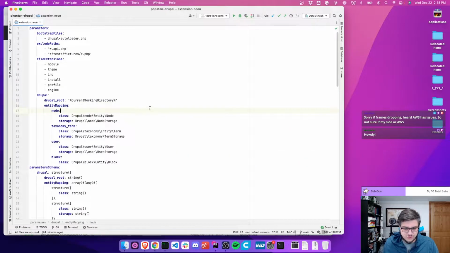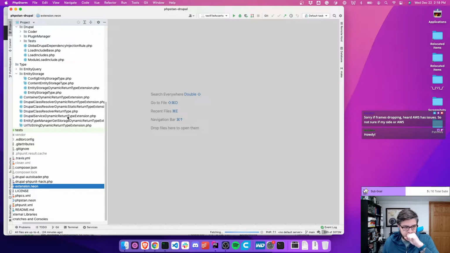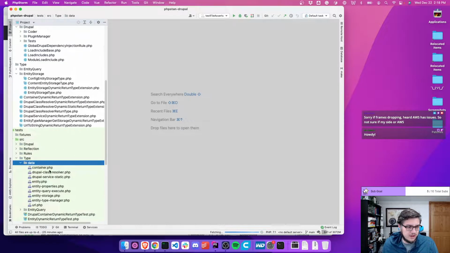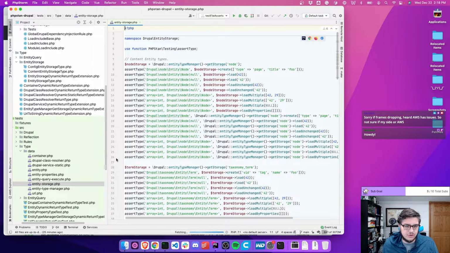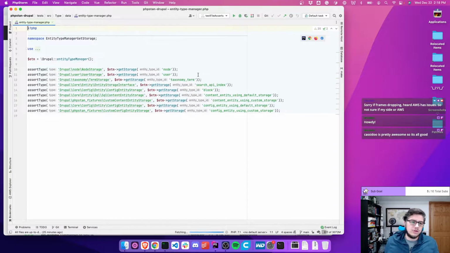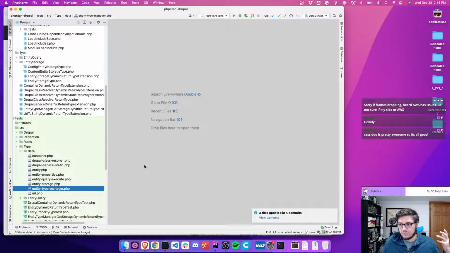And so just to show the impact that this adds, we go to test, source, type data, and entity storage. Nope, not entity storage. We want to go to entity type manager. So we can see here that node get storage returns node storage, term storage returns term storage. This is just that default mapping. We now have this mapping for every entity type in Drupal core, which means that calling get